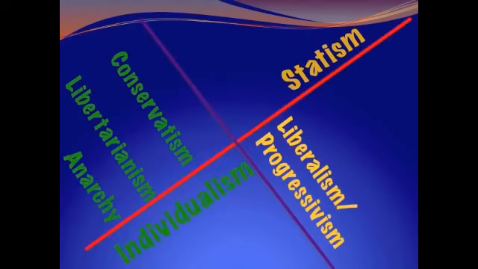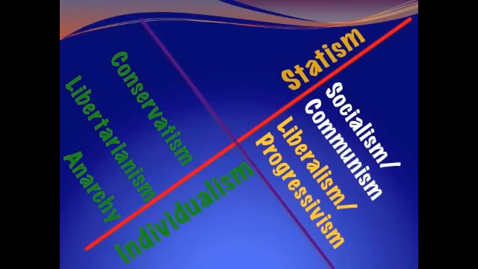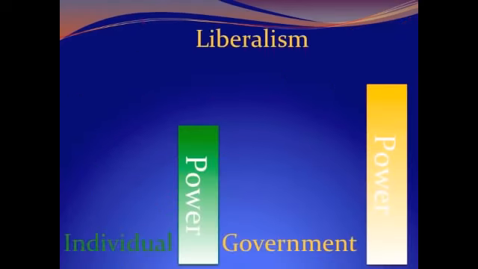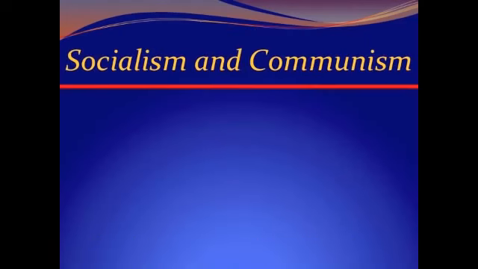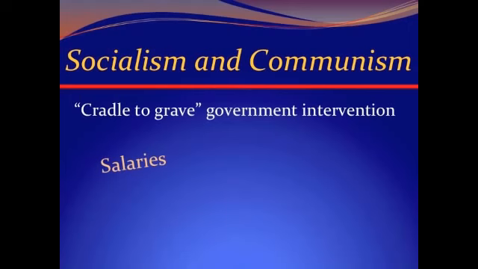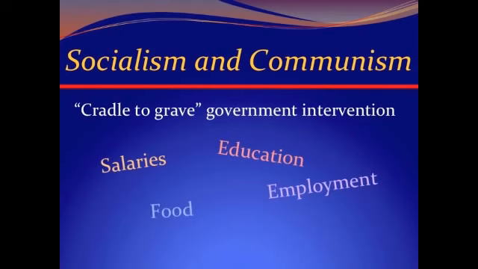The next step over is socialism and communism. The differences between communism and socialism are negligible, so I'm lumping them together for simplicity. Whereas liberalism advocates the liberal use of government to regulate and control most aspects of people's lives, socialism and communism are complete lockdown. These systems call for the government to regulate almost all aspects of life from cradle to grave. How much money people can make, where they go to school, what they learn, what profession they can choose, oftentimes what people can eat and how much, what can be worn, what kind of entertainment is acceptable, and really anything else that the government leaders decide they should control. Sometimes this even includes religion.